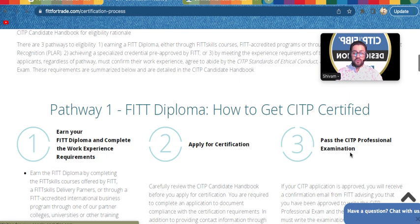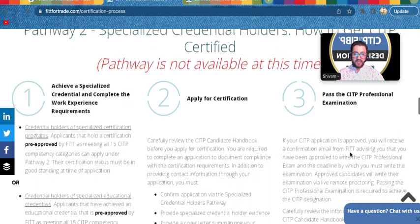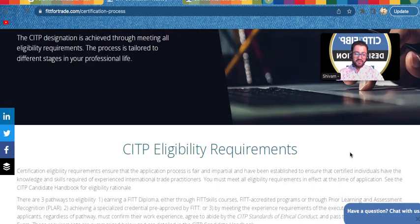So first step, you have to study a lot. You have to pass 6 exams, and they consist of different sets. After those exams, you have to gain a certain period of work experience. In my case, it is 1 year. I think it's mainly 1 year, but it can vary from profile to profile, and then you have to